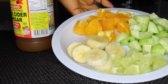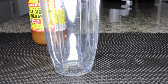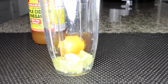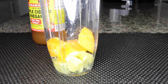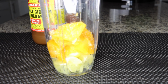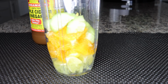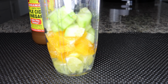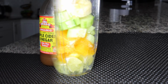So these are my ingredients, and I'll be putting them in the blender, and I'll show you the measurement for my apple cider vinegar. So that is my lime. Remember, one lime, one orange. These are all water based, so I'm not adding water in here. You just need to use your fruits plus the little bit of apple cider vinegar, and you blend. So that is my one lime, one orange, half a cucumber, half a banana, and you